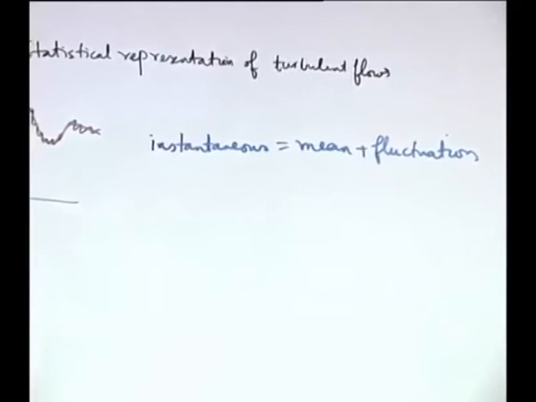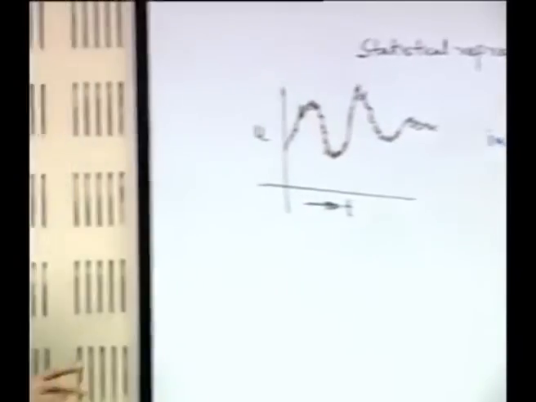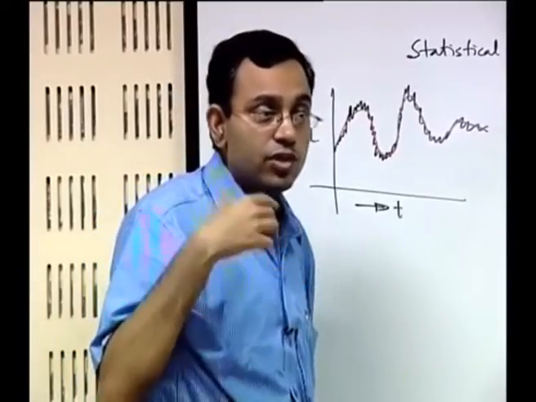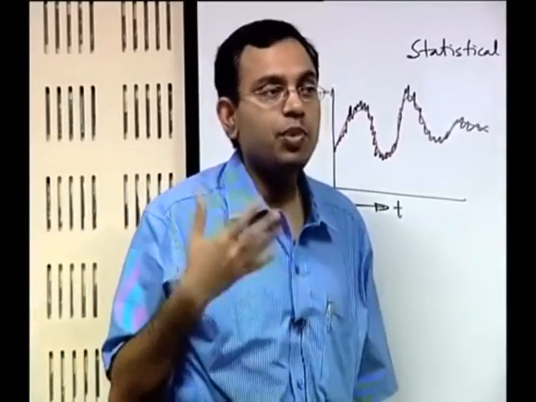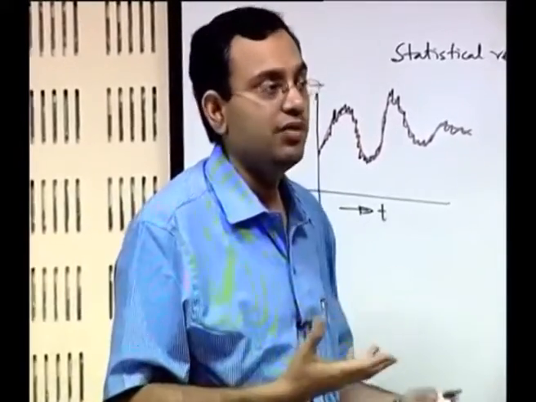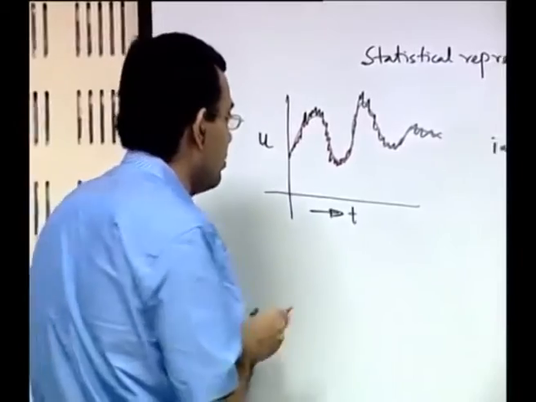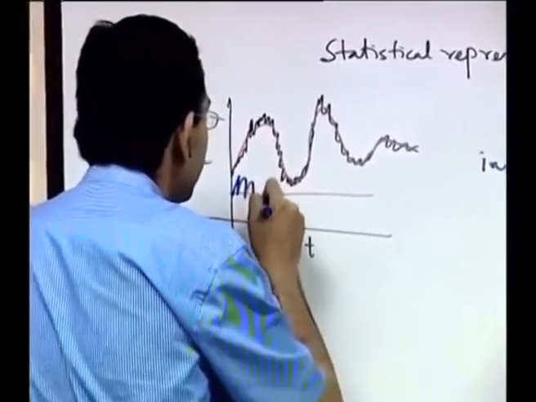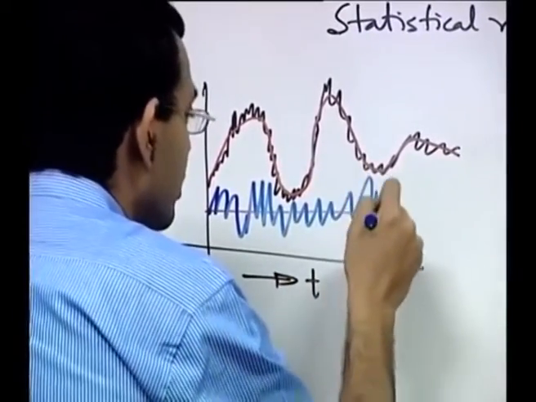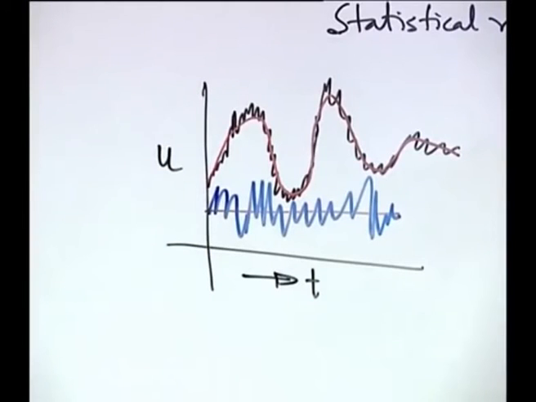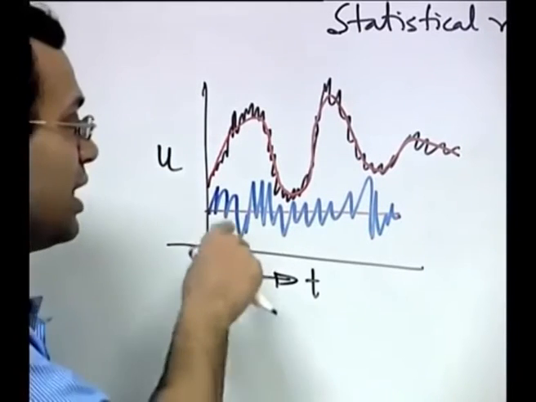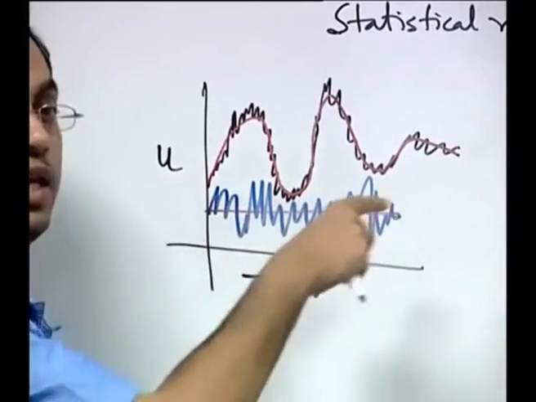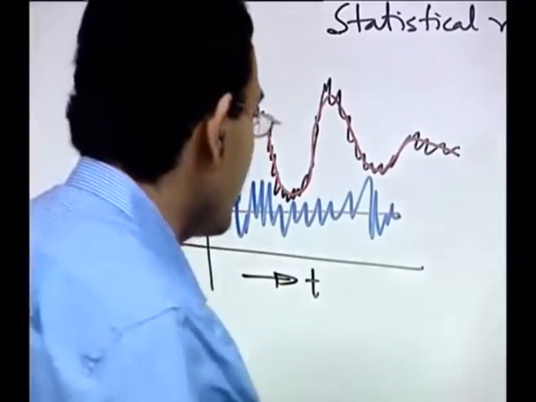Now, we have to remember one thing: the turbulent flow is by nature always 3 dimensional and unsteady, but when you statistically average it, it may be possible to have a statistically average steady behavior. How is it possible? Let us take another example. Let us say that this is the mean and maybe this is the variation of the instantaneous velocity at a given location. So, you can see that it is actually unsteady, but when you take the mean statistically, the mean is steady. Such a turbulence is called stationary turbulence.